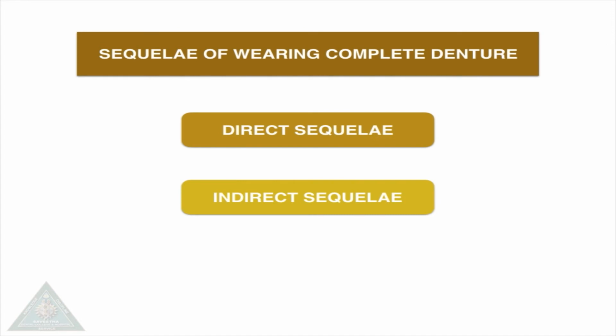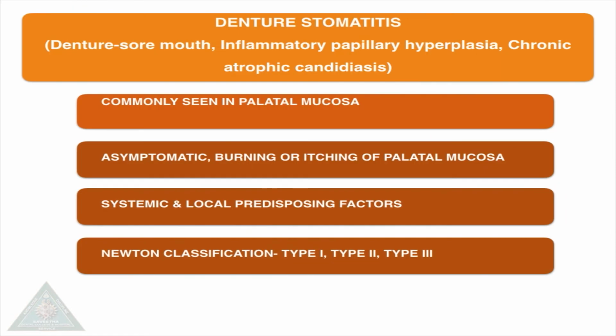Sequelae of wearing a complete denture can be classified into direct sequelae and indirect sequelae. Direct sequelae include denture stomatitis, residual ridge resorption, flabby ridges, and epulis fissuratum, and indirect sequelae include atrophy of the muscles and nutritional deficiencies. Denture stomatitis is also called denture sore mouth or inflammatory papillary hyperplasia, and is commonly seen